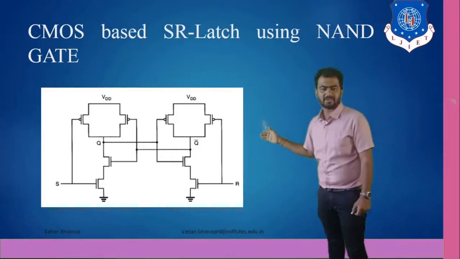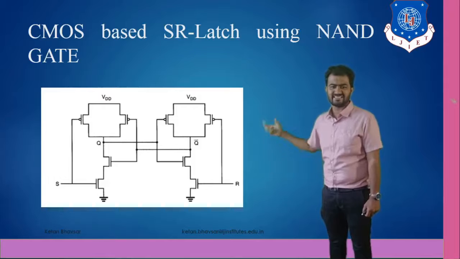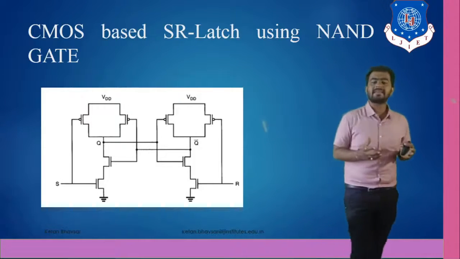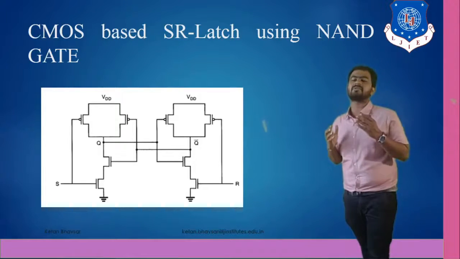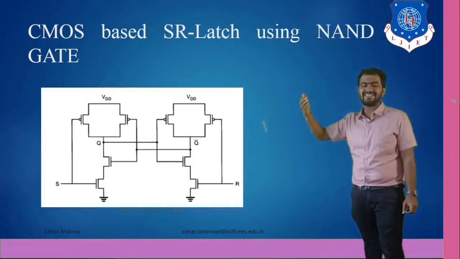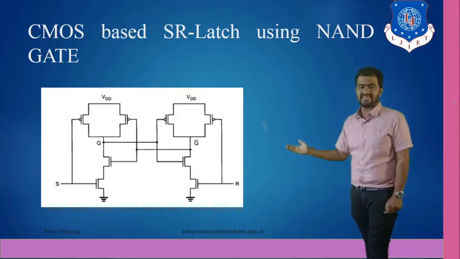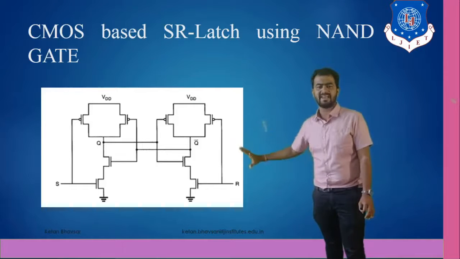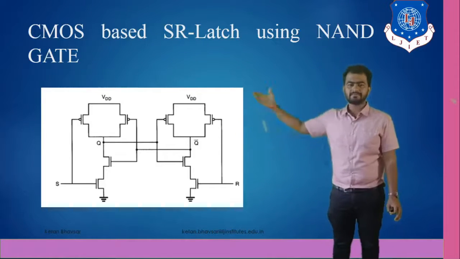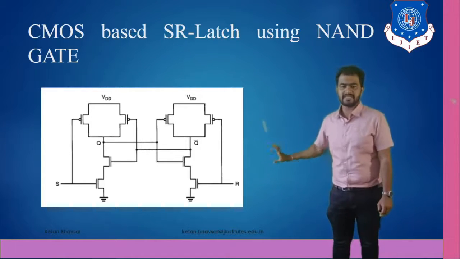As you can see in this particular diagram, in terms of a NAND gate, the PMOS is connected in parallel and the NMOS is connected in series. In terms of the NOR gate based concept, it is a totally opposite operation. For a NOR gate, we have to take PMOS in series and NMOS in parallel. But right now the scenario is totally opposite, so we have to take PMOS in parallel and NMOS in series. VDD is connected, PMOS is connected in parallel, NMOS is connected in series,